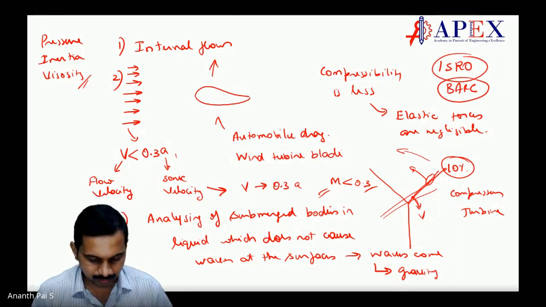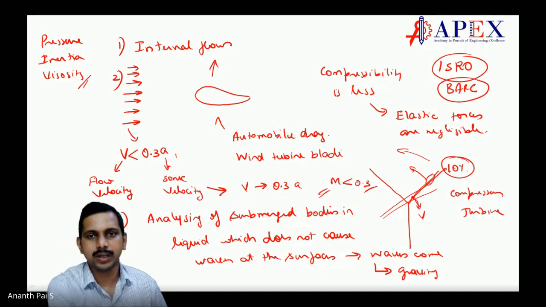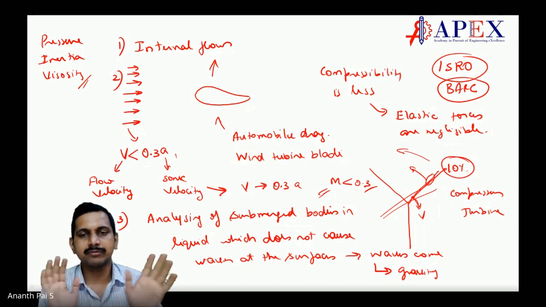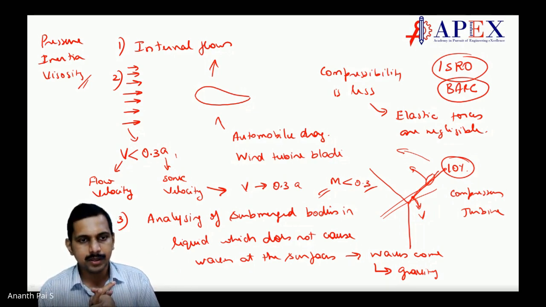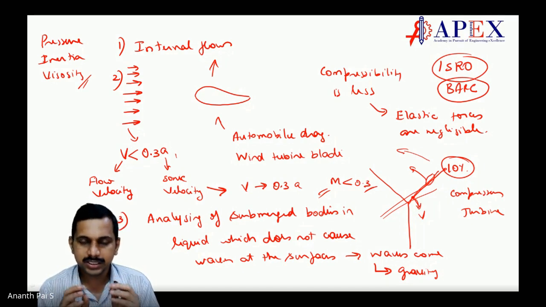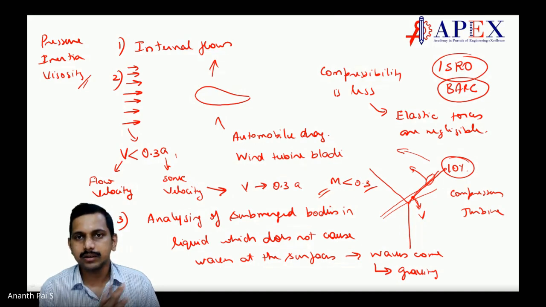This is a common interview question. When you have the flow around an automobile, for example, you're going at a high speed, say 100 kilometers per hour on your bullet, they put in all the realistic things. When you're going on a free highway at 100 kilometers per hour, should we consider air as a compressible fluid or as an incompressible fluid? This is how the questions come in interviews.